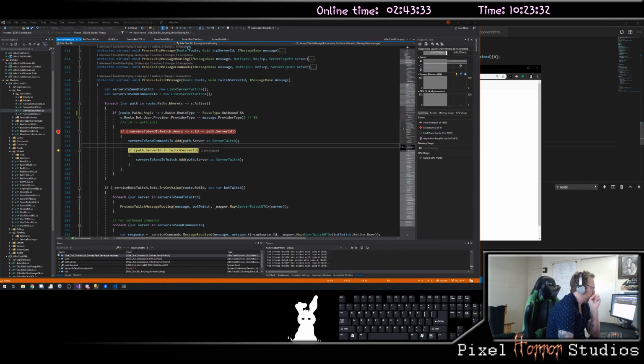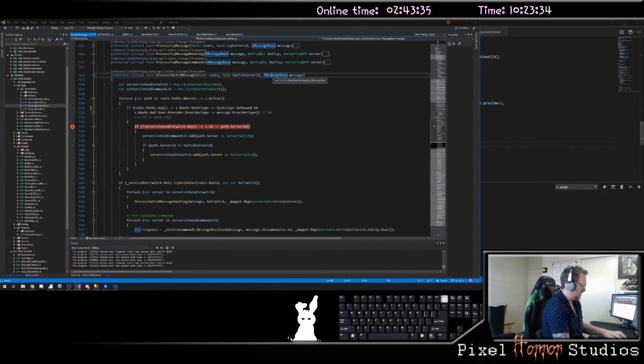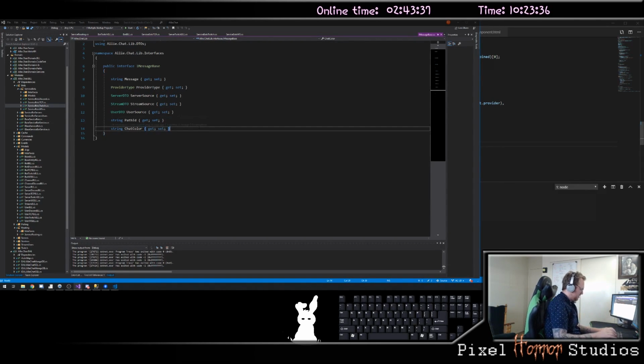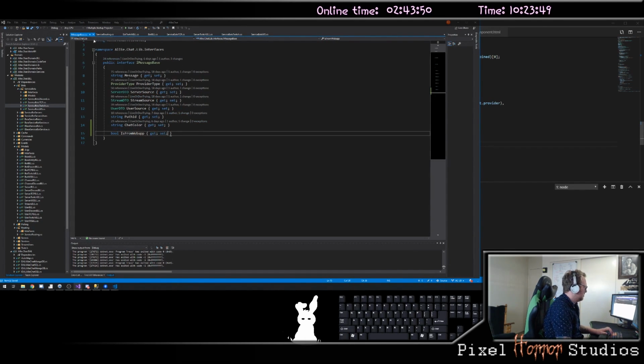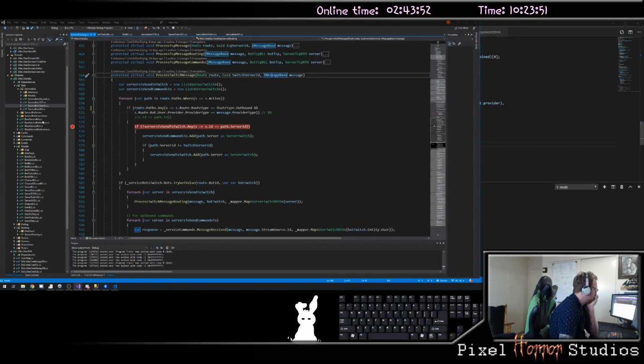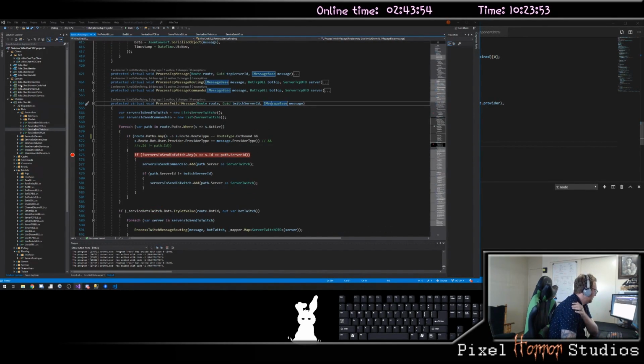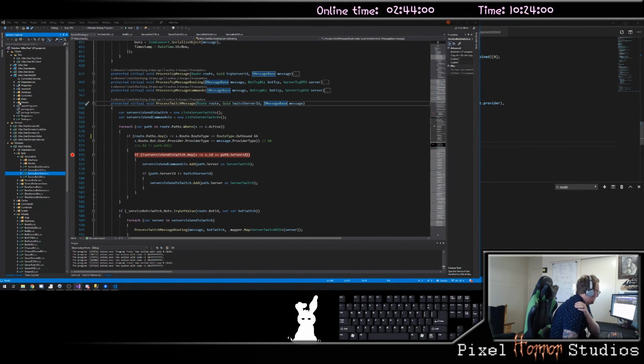So what I want to do is, on IMessageBase, add in here a boolean called isFromWebApp. So over here, when I send a message through the web API,